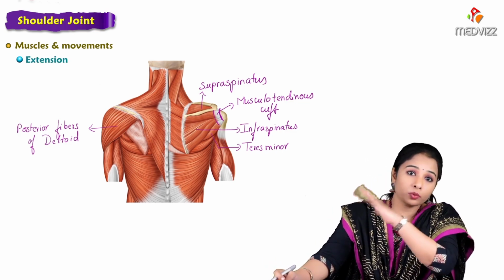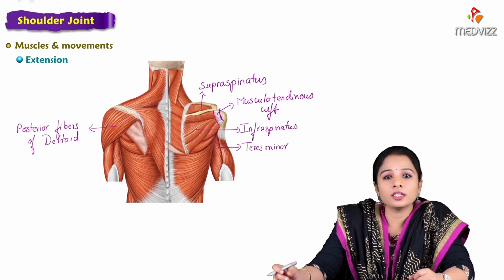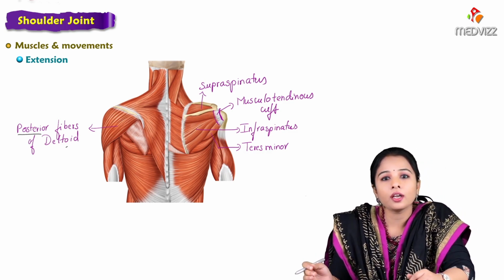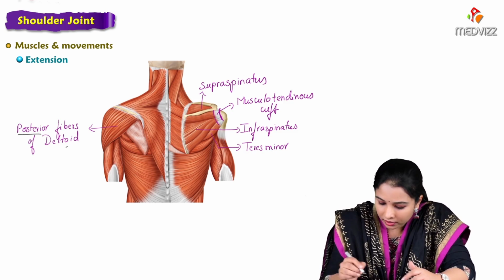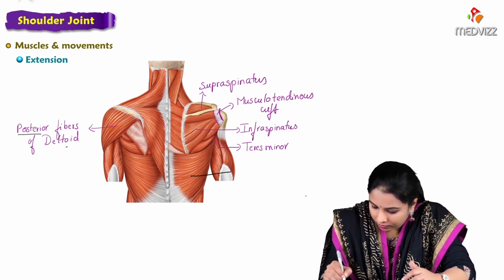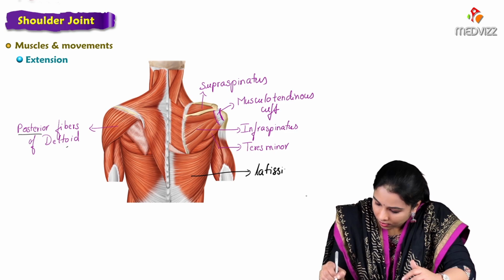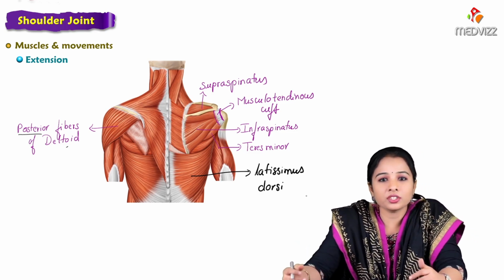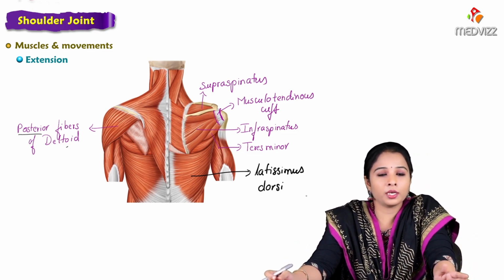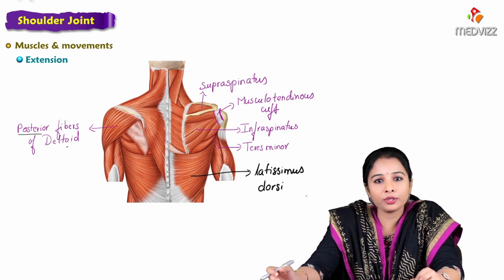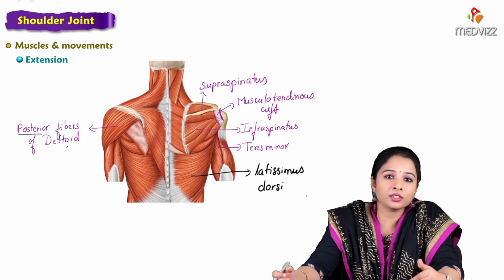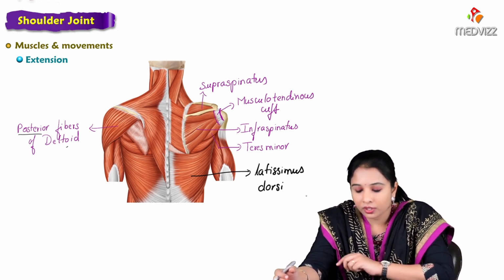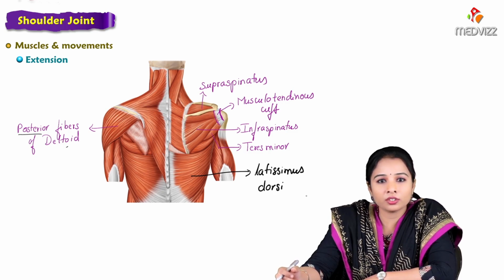Extension is brought by the posterior side muscle fibers, that is the posterior fibers of deltoid. So posterior fibers of deltoid and latissimus dorsi. And remember one thing, latissimus dorsi is the only muscle which connects the lower limb bones with the upper limb. So it is having connections with the hip bone down and it also gets inserted to the humerus, that is the bicipital groove of the humerus. So that is the importance of the latissimus dorsi which also helps in